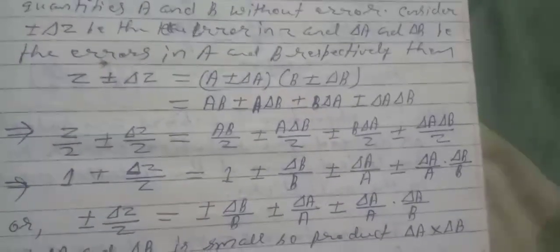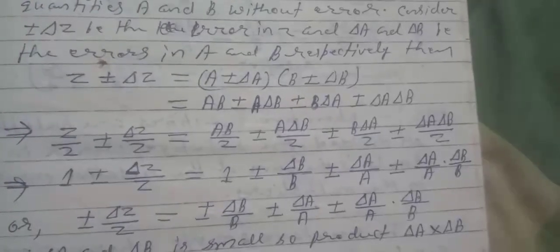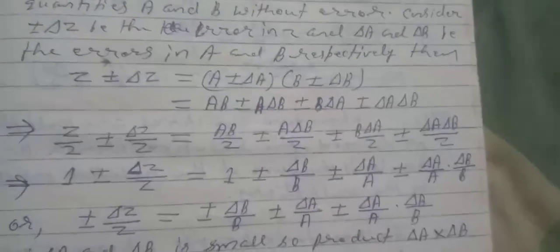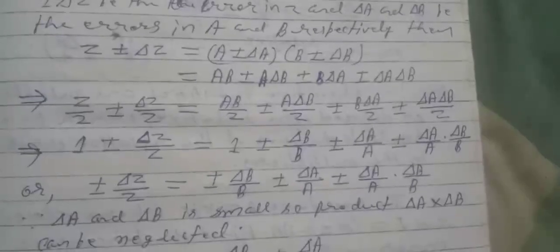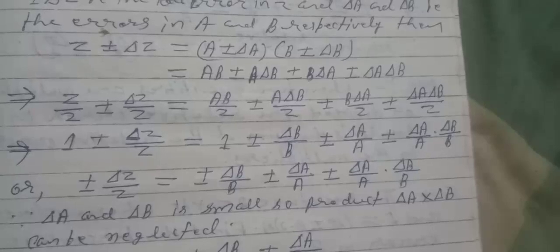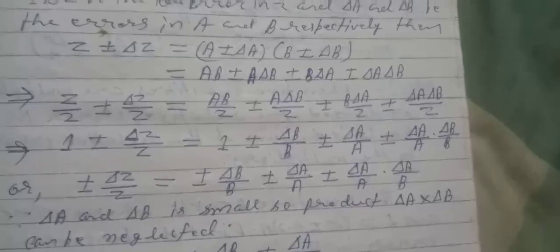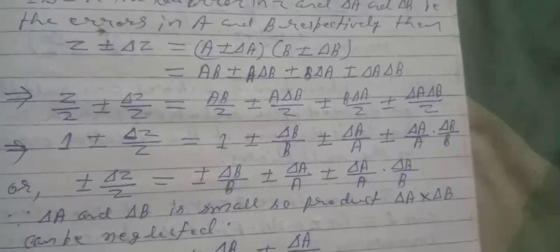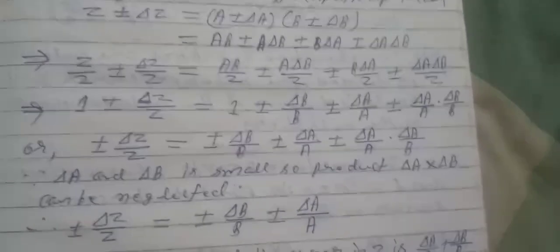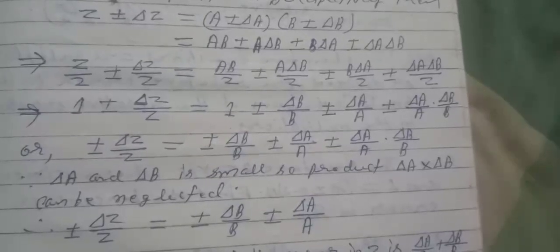equals a into b plus minus a into delta b plus minus b into delta a plus minus delta a into delta b. This implies z by z plus minus delta z by z equals ab by z plus minus a into delta b by z plus minus b into delta a by z plus minus delta a into delta b by z. This implies 1 plus minus delta z by z equals 1 plus minus delta b by b plus minus delta a by a,